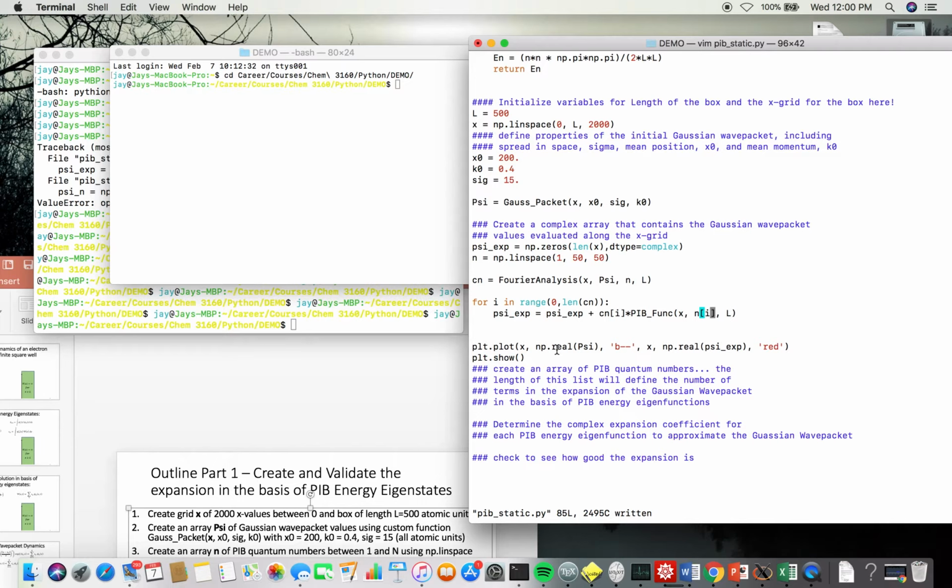Okay. So one thing I forgot is that the function that I made to return the particle in a box energy eigenfunctions does take an array of x values, but it takes a scalar value of the quantum number n and a scalar value of L. Previously, I had actually passed the array in to the function when what I really wanted to do was pass the scalar value of n. And so in this loop, what I'm doing, right, is that I'm going through